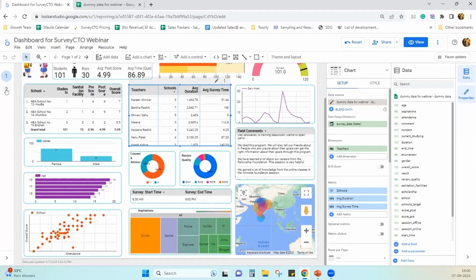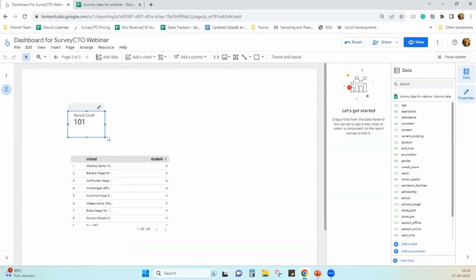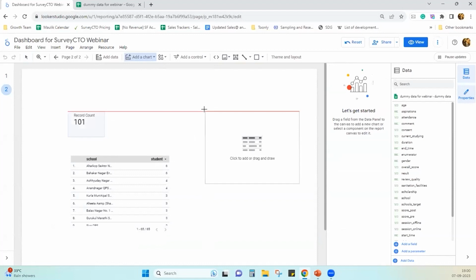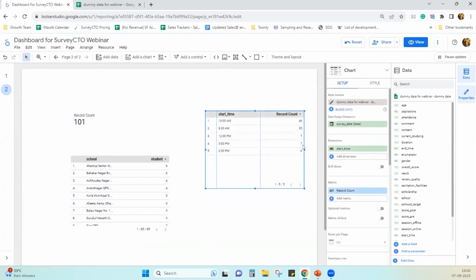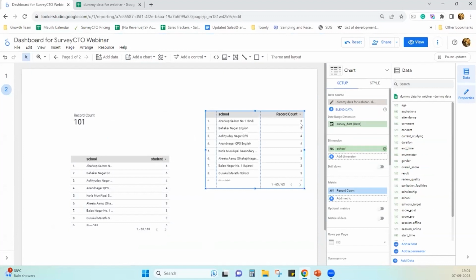Now, if you want to design this, it's very easy. I can just go here and add a chart. Suppose I want to create a table, I will just click table, right? In the dimensions, let's say I want to see the list of the schools. So the dimension is school. I want to see the record count of the students, so I will take the metric as student.